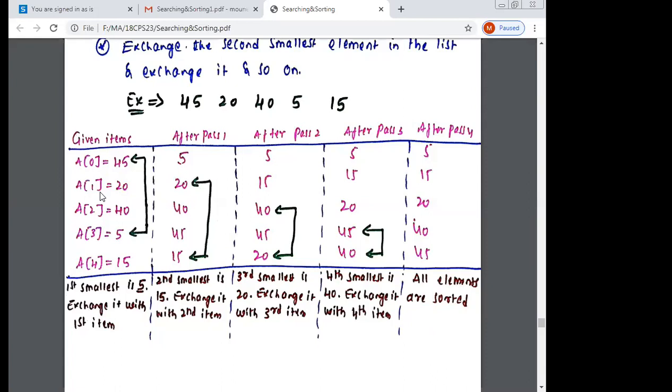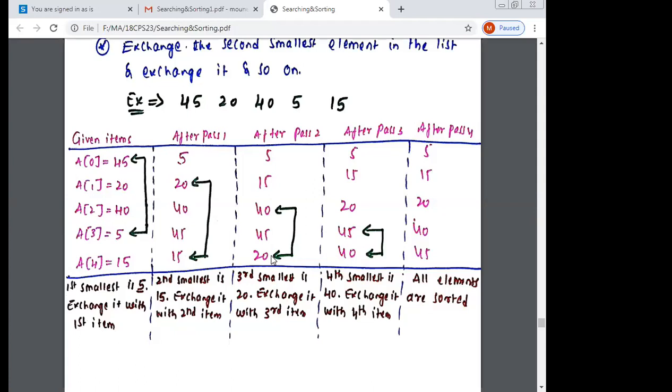In the second pass, 15 is the smallest element in the array, so you exchange it with the second element. After pass 2, your array becomes 5, 15, 40, 45, 20.